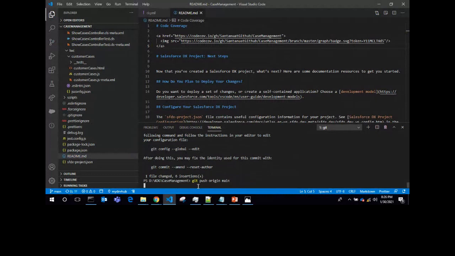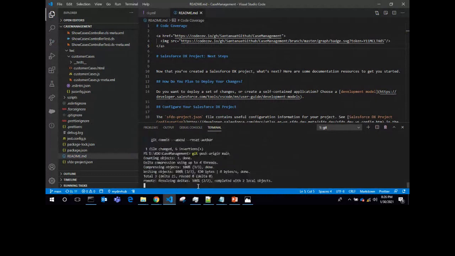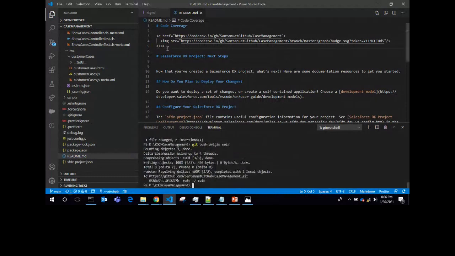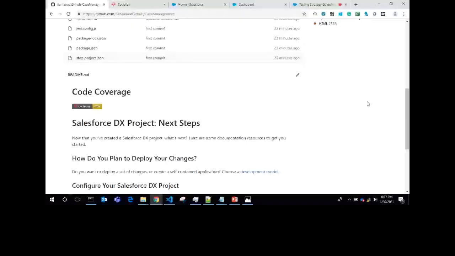Push the code base into my GitHub repository with the updated README file. So from where will you get this link? Just go to the Codecov settings and you will get the badge. Now I just need to refresh this repository and see what happens. Yes, now you can see the code coverage in the README file. For this branch, the code coverage is 83%. So you don't need to switch to Codecov multiple times. Whenever any developer commits code into the GitHub branch, you can see the current code coverage for this repository.